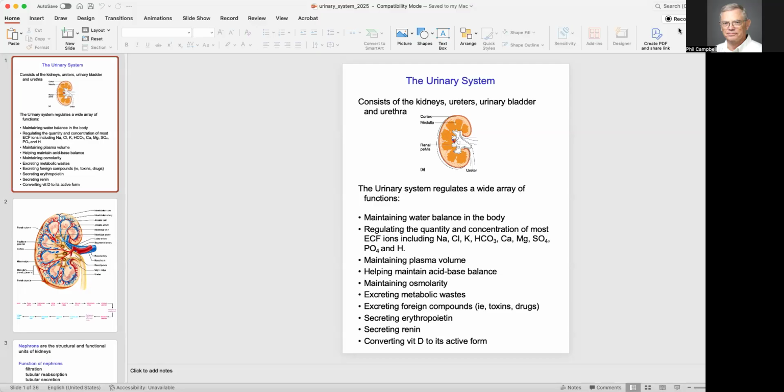So the urinary system. As we cover that, why do we have it? We've touched on it a little bit in the past, especially in the introduction slides. I want to go in a little bit more detail. So basically, this consists of,